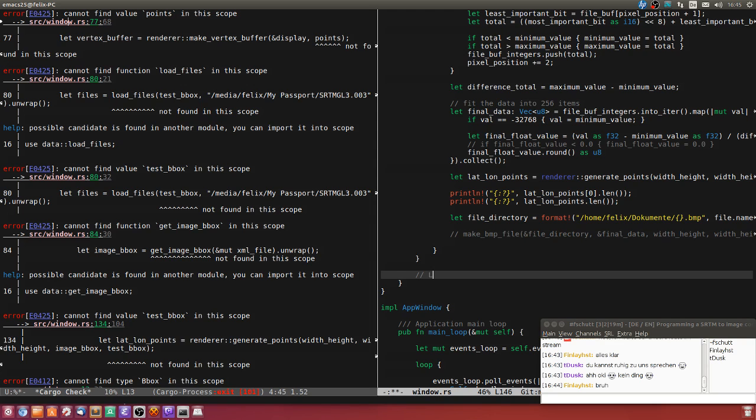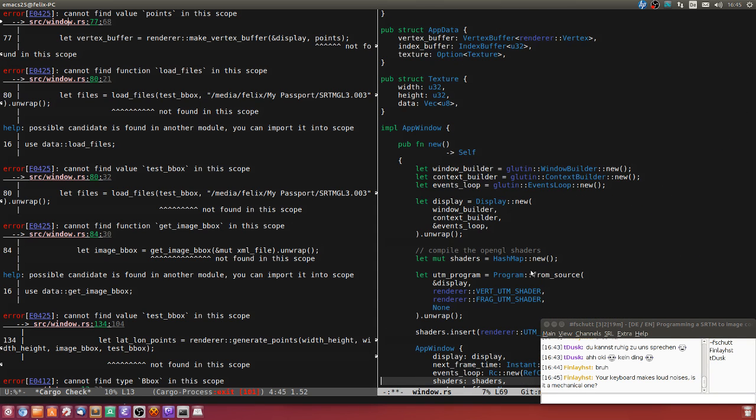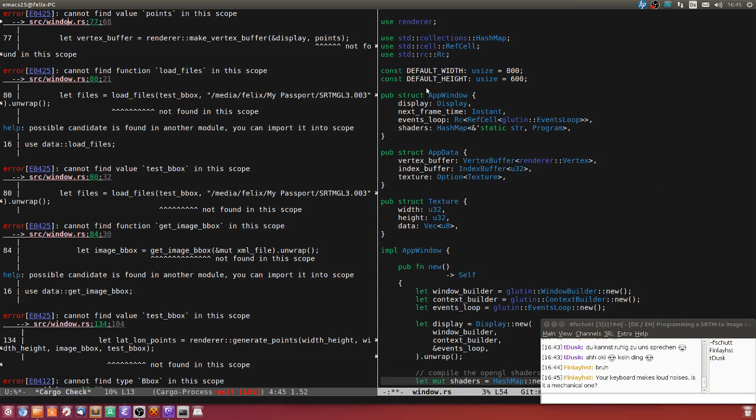We actually have to load the data into the window. Self dot, what did I call this? Self dot, well,